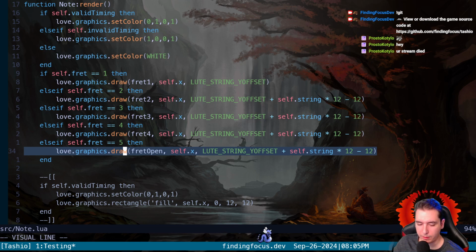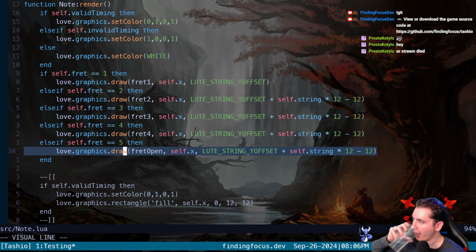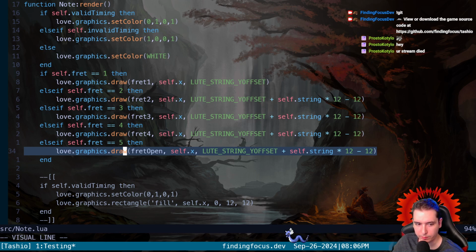Because part of the tablature you find once you clear an area, it'll have these little symbols on there that are like the sheet music for you to play. So I want to make sure the sheet music and the symbols are recognizable and easy to kind of follow. So I don't know if I want fret 1 and 2 as frets 1 and 2. So we'll keep the other frets for now.